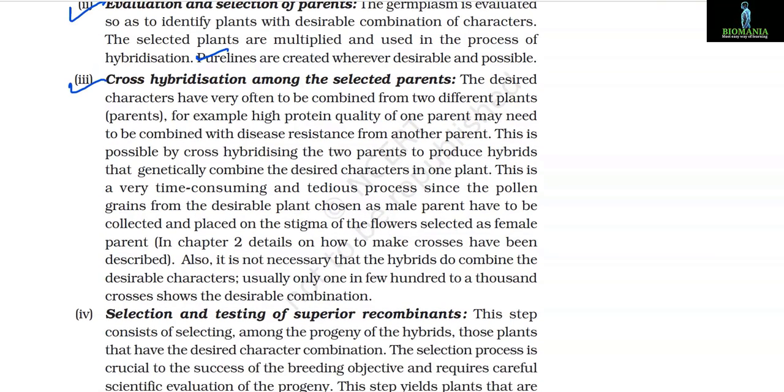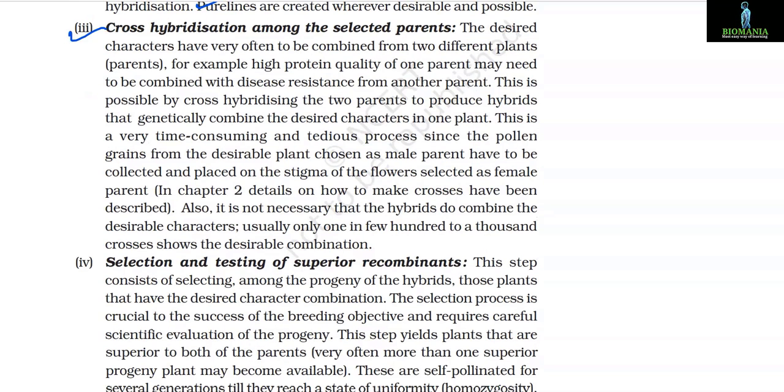Number 3, cross hybridization among the selected parents. The desired characters have very often to be combined from two different plants. For example, high protein quality of one parent may need to be combined with disease resistance from another parent. This is possible by cross hybridizing the two parents to produce hybrids that genetically combine the desired characters in one